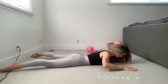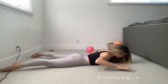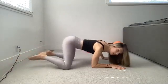Can you lift your elbows? Can you lift your hands? If not, that's okay. If you can, just stay here. Find a little extra length. Hold for 3, hold for 2, hold for 1, lower all the way, and then press yourself back to a